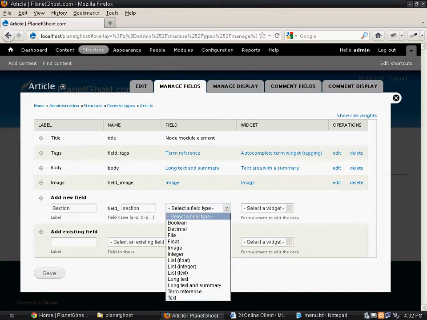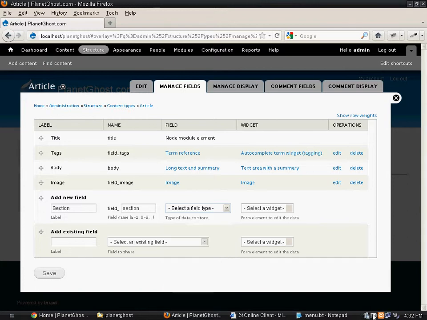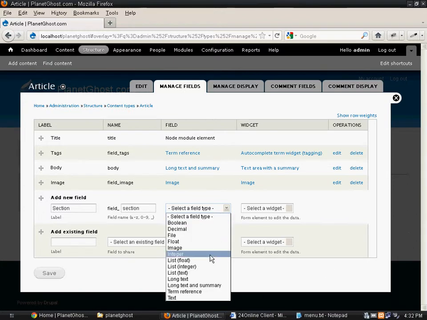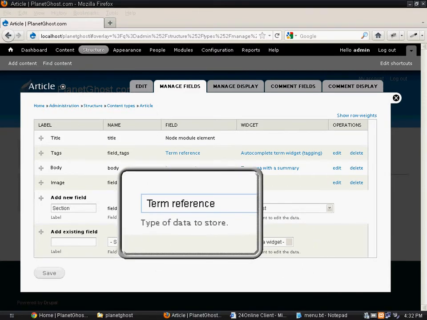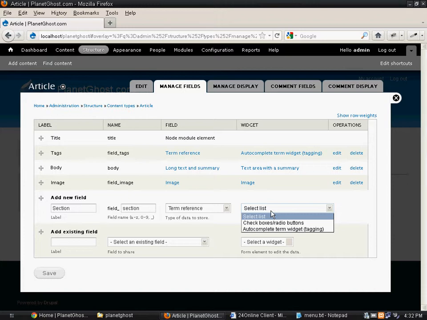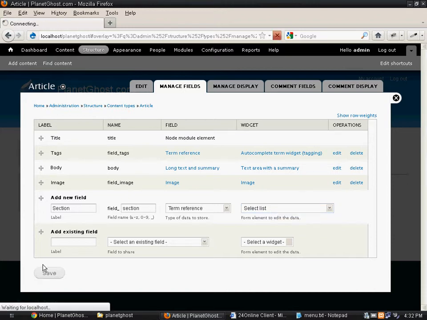Now make sure when you select the drop down, you select term reference. You select term reference and then you can select a select list here. Now click on save.